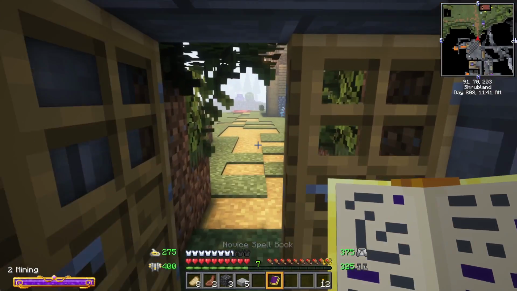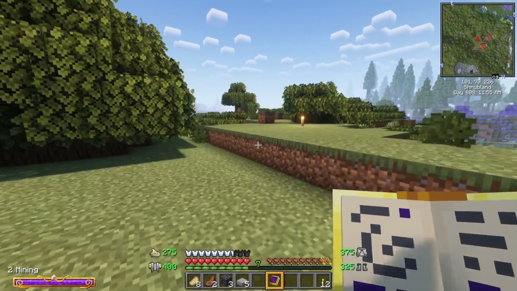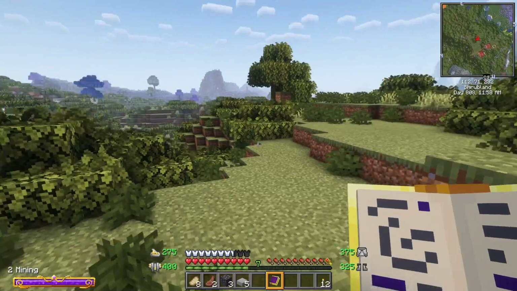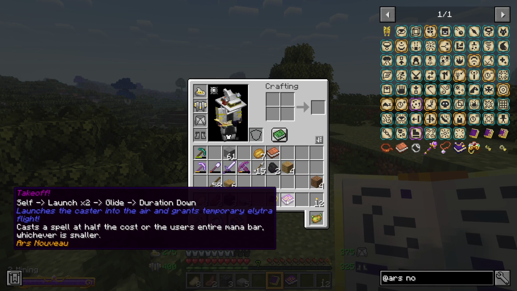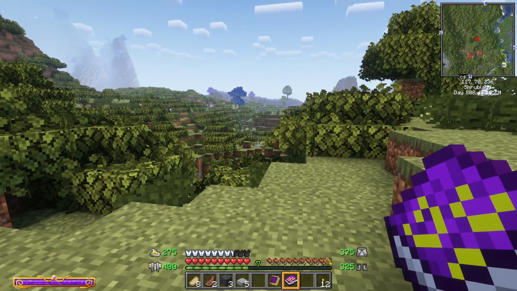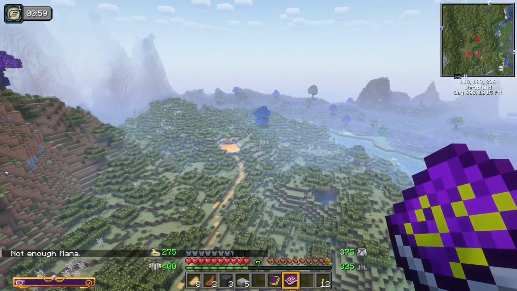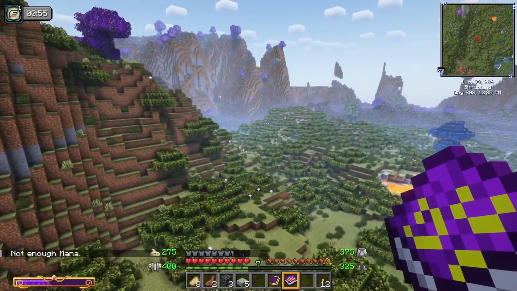So now I've got this spellbook that's kind of ill-gotten, and I think I am going to get rid of it. We're going to dispose of that book. We are not, however, going to dispose of this Tome of Takeoff, which was perfectly valid. Just found that in some sort of loot chest. So let's use that to head on over to a place